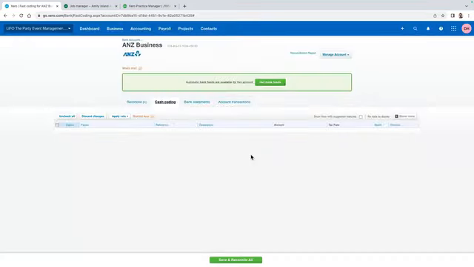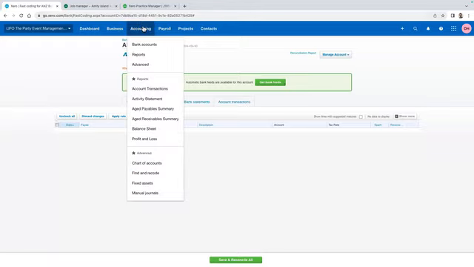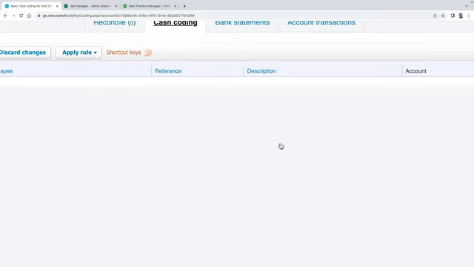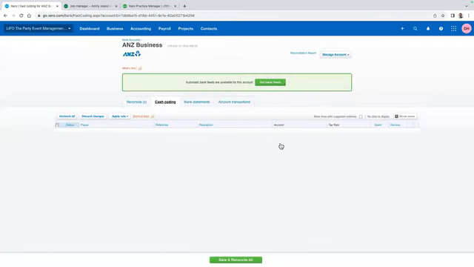Okay, so that's done. Now, of course, as part of the year-end process, there would be other tasks that I would do. This would include fixing up any miscoded transactions through find and recode. Again, I can bulk fix many transactions. It would include posting those manual journals. And it would also include maybe reviewing the new general ledger exceptions report. But let's assume that we've already done that and we're ready to prepare the year-end financials for LIFO the Party